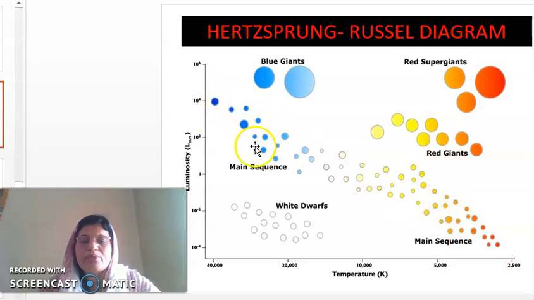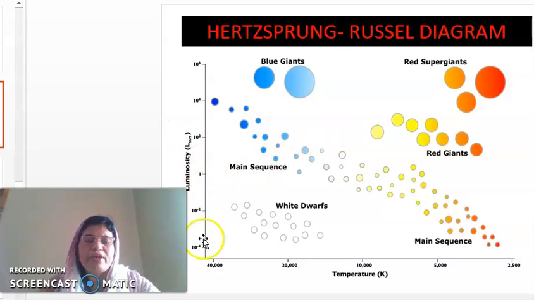In the main sequence here, blue colored stars are here, white colored stars here, yellow colored stars here, orange colored, and finally red colored. And here are white dwarfs and red giants, red supergiants, and blue giants are also shown here. In the previous diagram there were blue giants also, and these are the main constituents of the universe. We can see at a glance.